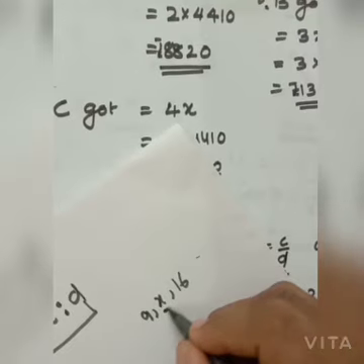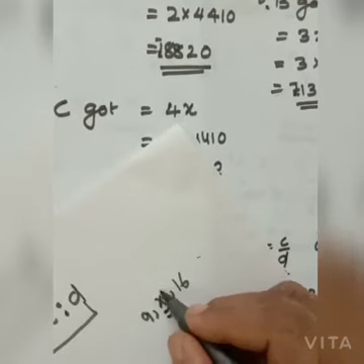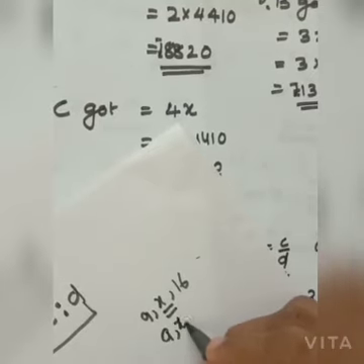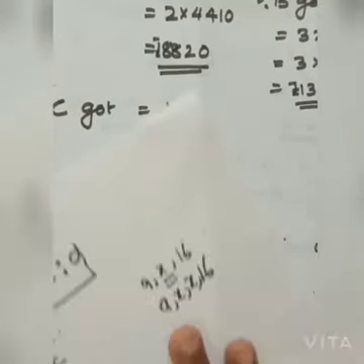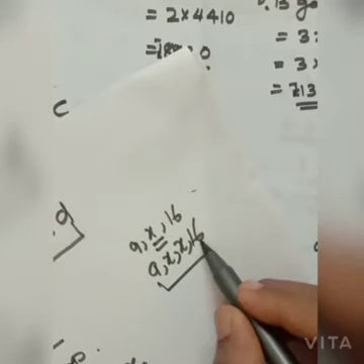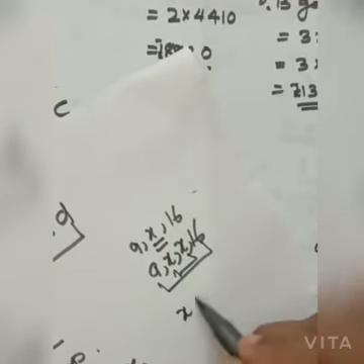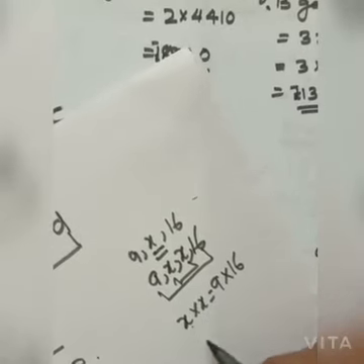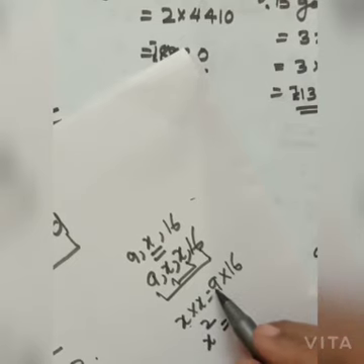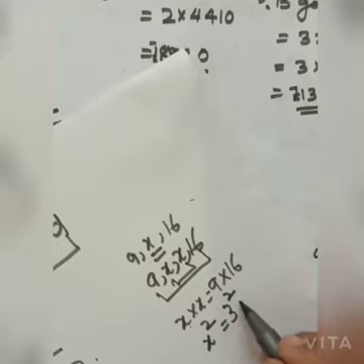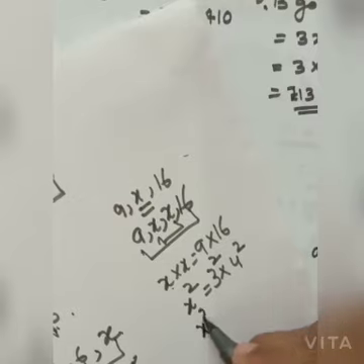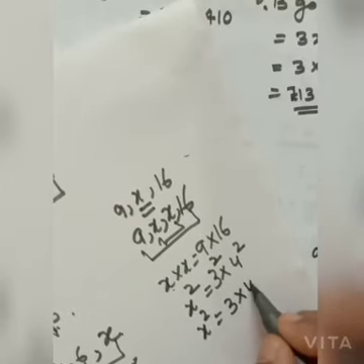Find out the value of x. In continued proportion, the middle number will come 2 times. That is 9, x, 60. Product of extremes equals product of means. X into x equals 9 into 60. Which number multiplied 2 times gives 9? 3 two times. Like that, 4 two times gives 16. Then x square equals 3 into 4 the whole square.